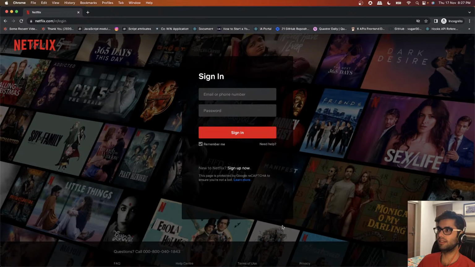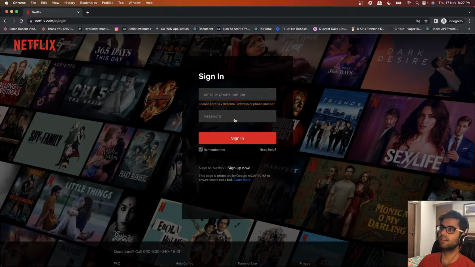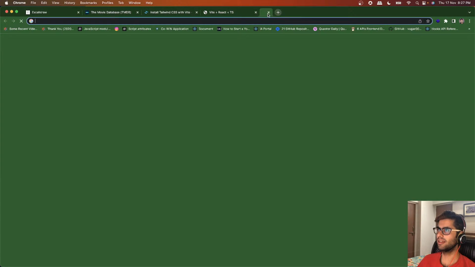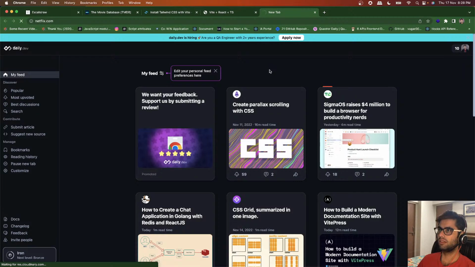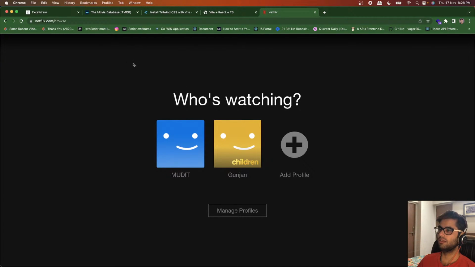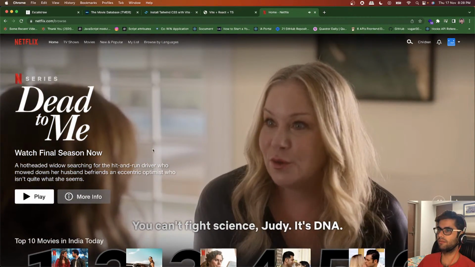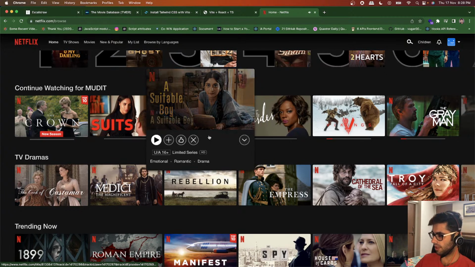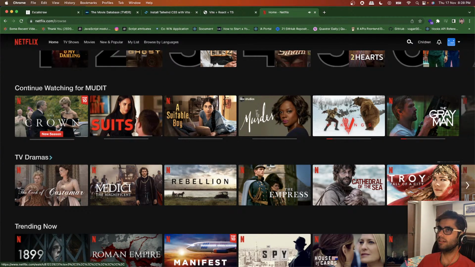Okay, and then there is this component which is basically accepting the username and password. And once you sign in, it will basically show you this page, and you will have different views over here. So the default view that we see over here is known as browse, and